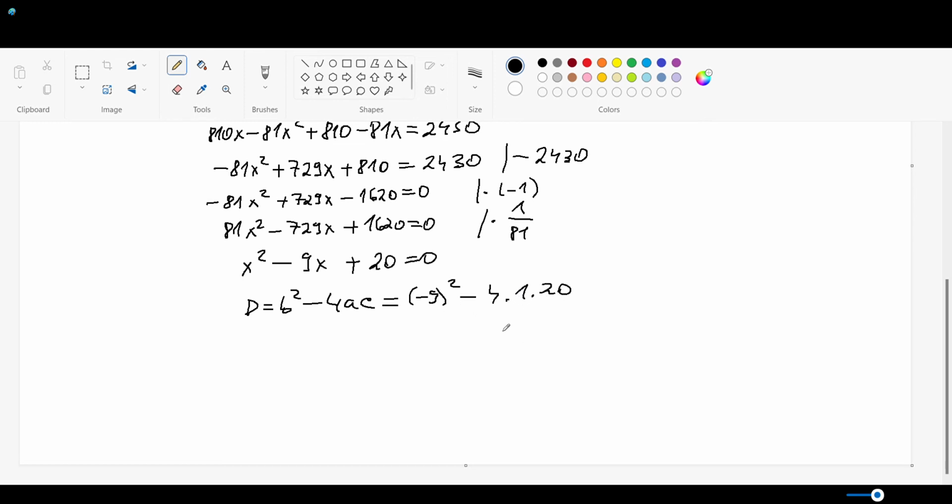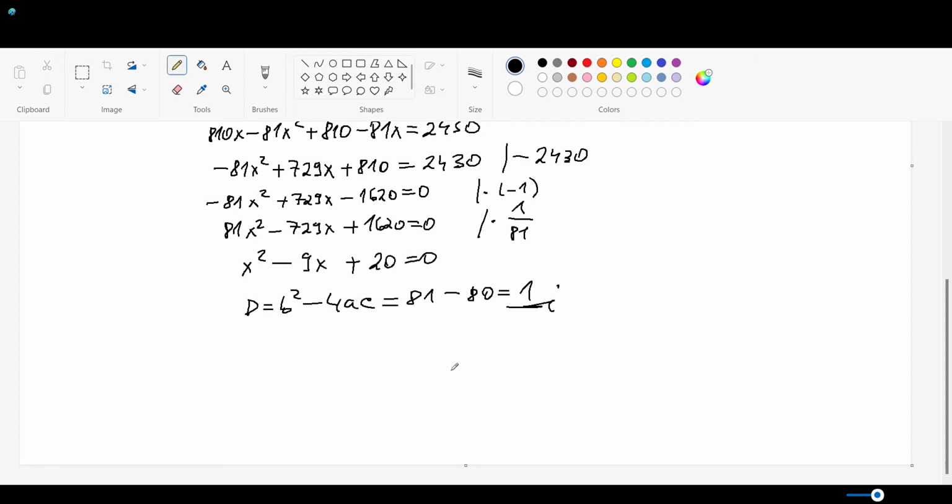Instead of writing this, I think you can be fast now, because you know how to calculate. So -9 squared equals 81, minus 4 times 20 is 80. Good news, my discriminant is equal to 1, so it means first that there will be 2 real